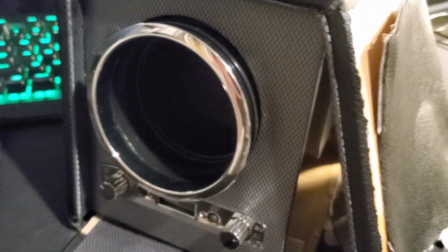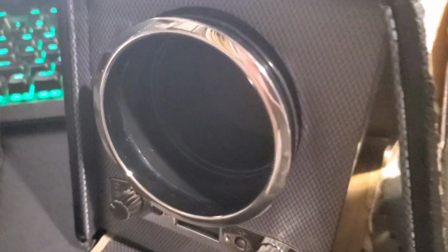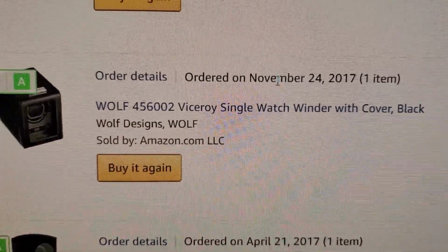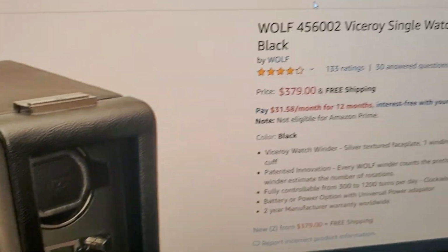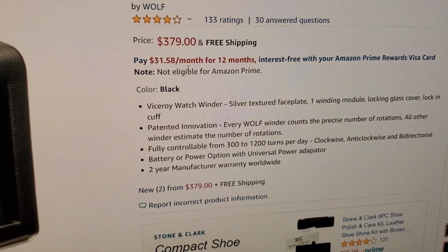Let's see how much this costs on Amazon right now. Just one second. So here we go. I purchased this winder about 2 years ago, and right now it costs $379. Of course you can find it a bit cheaper, but as you can see,